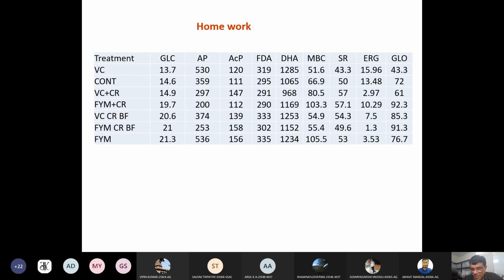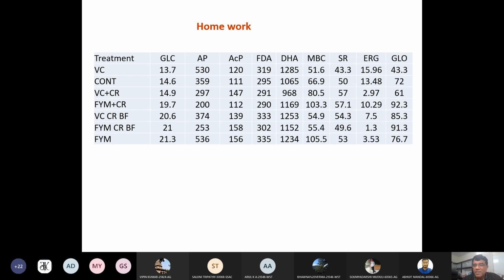Now you can try yourself. This is an example where you get treatment. In treatment, you get different levels of the treatment. And it does not matter in correlation analysis. The levels of treatment do not matter. What matters is the value of the variables. So here the variables are in columns number 2, 3, 4, 5, 6, all are variables.